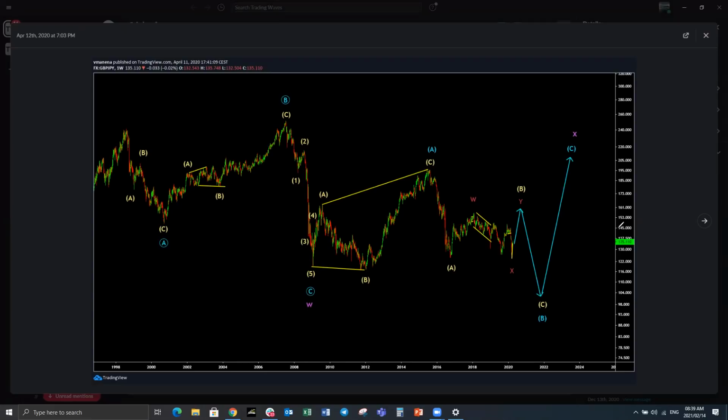Where are we currently with pound yen? We're currently around here. This looks like a small move on the weekly, and this is by no means a small move. This is 1,000 pips on pound yen alone. That's the forecast on the weekly. This is not a trading chart. I'm not saying we've traded this 1,000 pips. This is a forecast. So I'm going to go to the lower time frames and go to the details so you can see how we actually trade this.